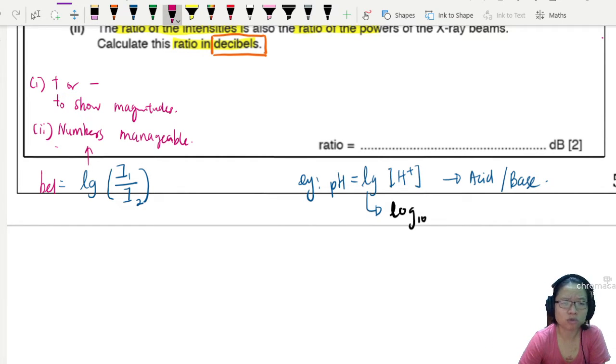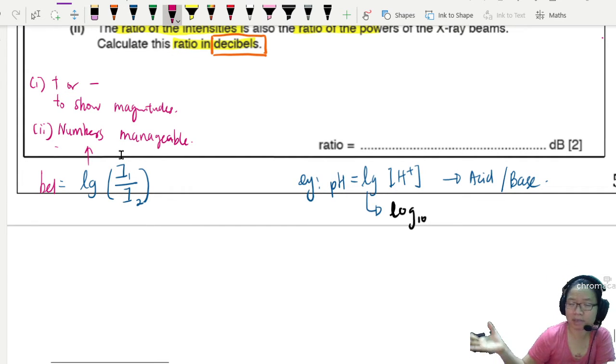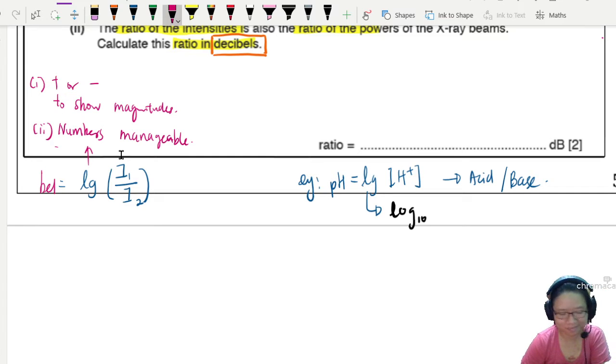So here, we are going to log to make the numbers more manageable. You try and see. You log a very, very big number, you get a smaller number which is manageable. You log a small number, you get a negative number, but it's still a number that's more manageable. Plus and minus will show the magnitude, because I say this because